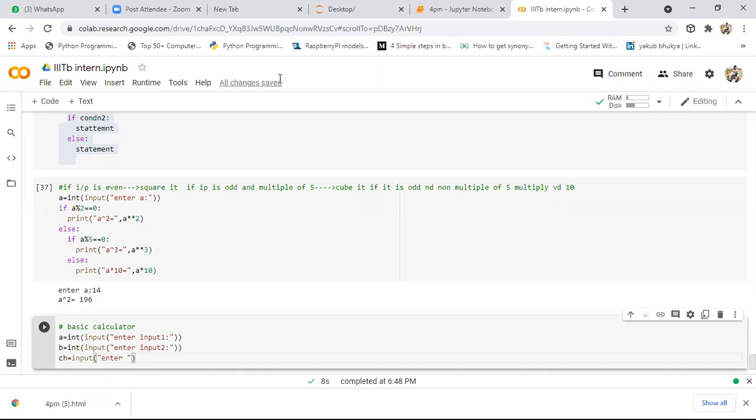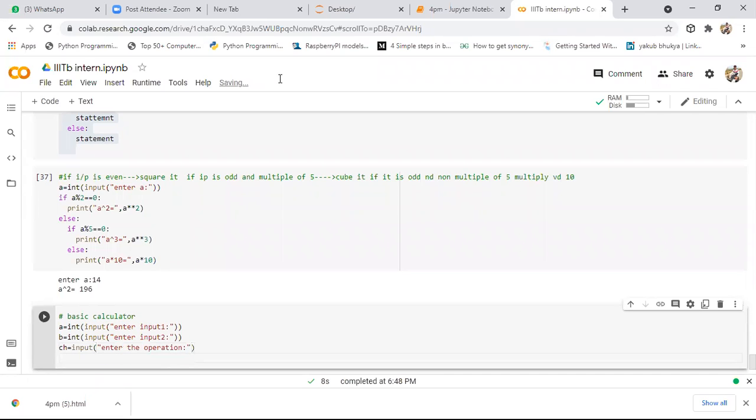Enter the operation. So here, guys, see here, I'll say if your choice is equals to add, or if your choice equals to addition, add or addition, or if your choice is equals to the plus symbol.